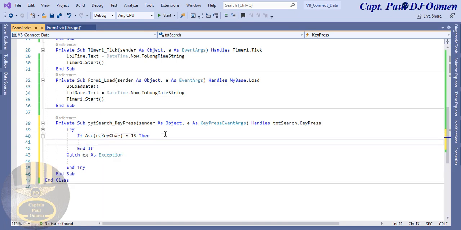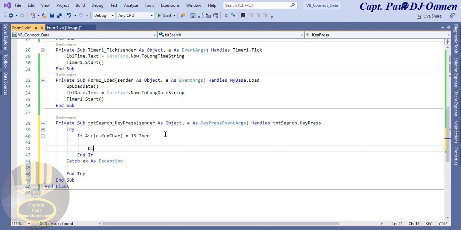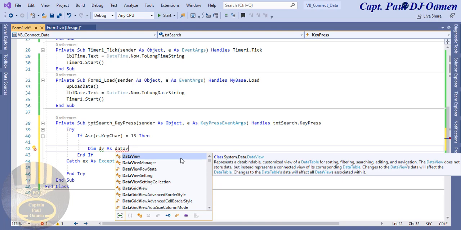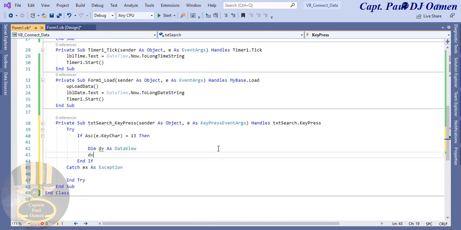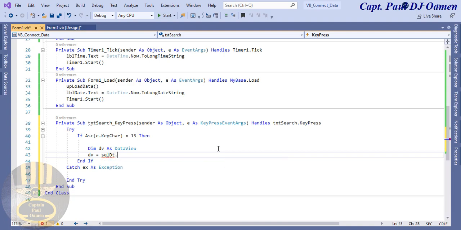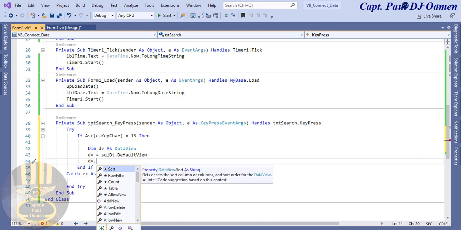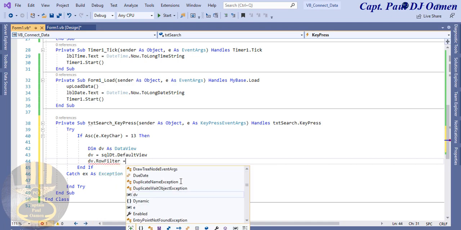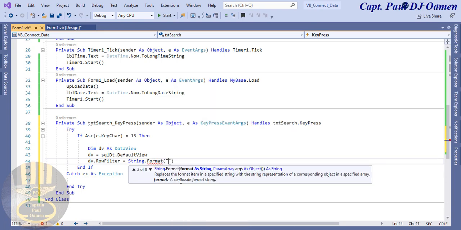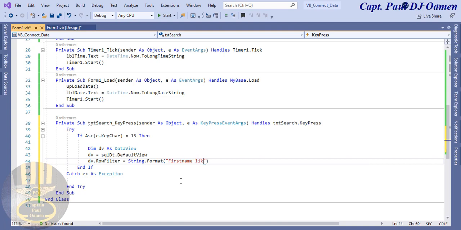Now what we then want to do is Dim dv, the dv which stands for my data view, Dim dv As DataView, and this very data view, let's say dv equals whatever I have inside SQL table, dt would be the default. Now dv.RowFilter, let it filter the rows with String.Format. And what am I formatting? I am formatting the content I have inside my column first name, and so format anything that looks like name